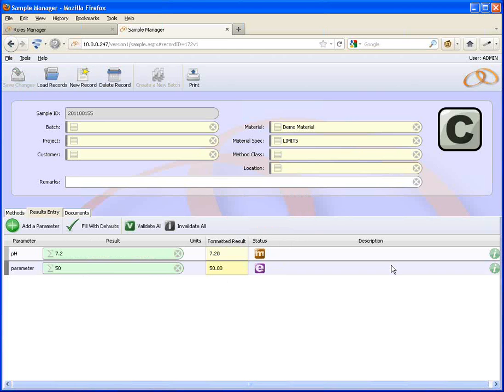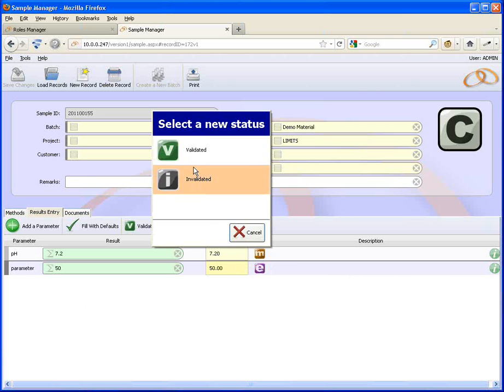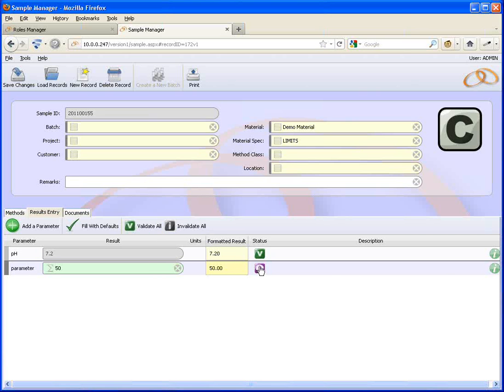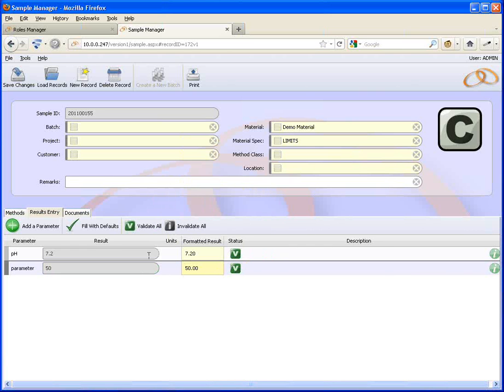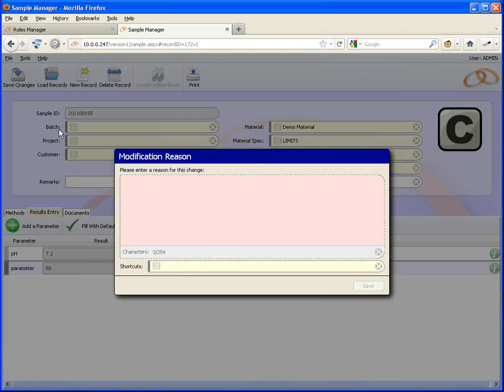So if you've got manual validation set, what happens is an administrator comes along, reviews the samples and says, okay, let's have a look at these. These look okay. Oh, that's been modified, but I'm still quite happy with that. So if you click on the status here, you can set them to validated, or you could also set them to invalidated if you wanted to, but just for the purposes of this demo, I'll set them to validated. And if I then save the changes,